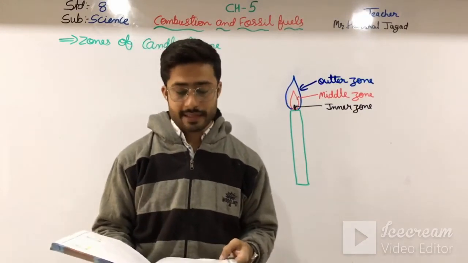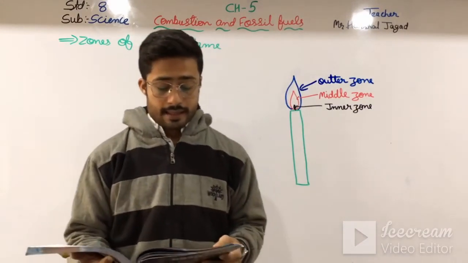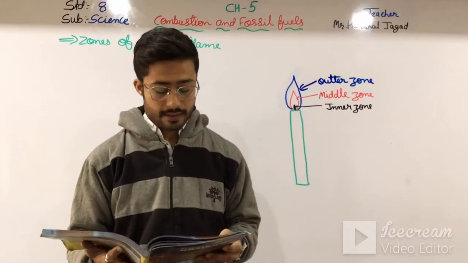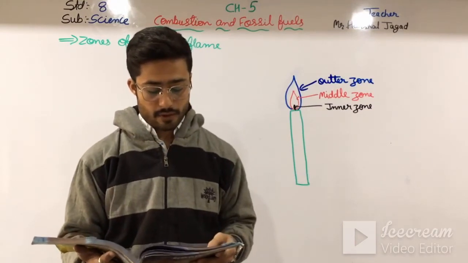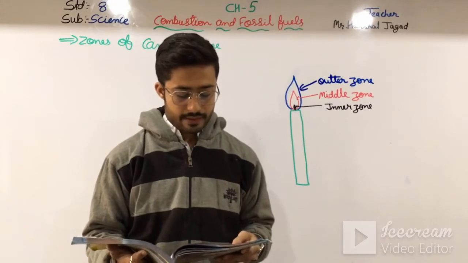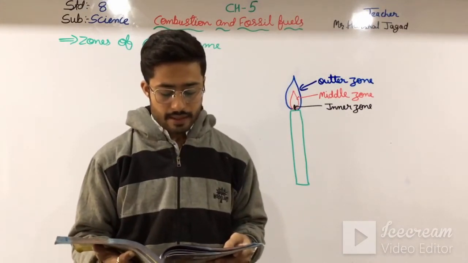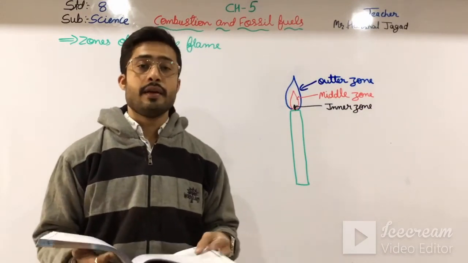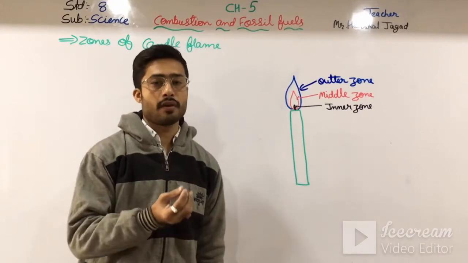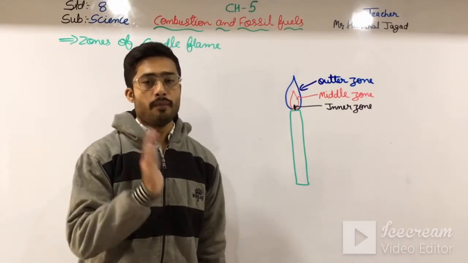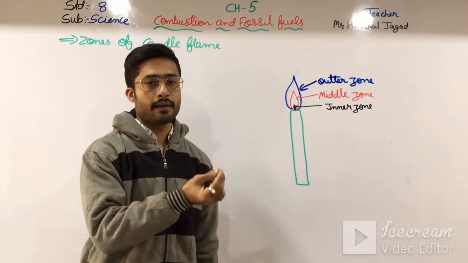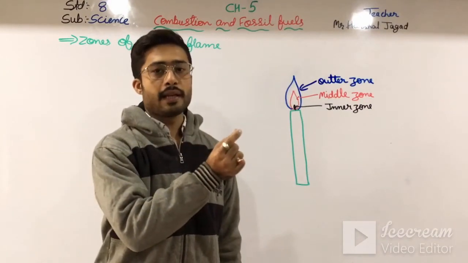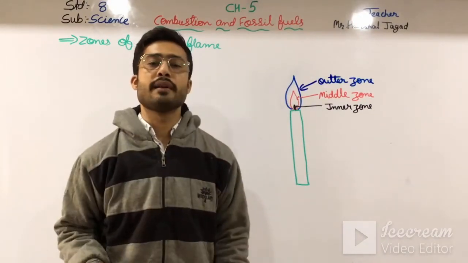Okay students, I am just reading this activity now. To prove that when a candle burns, the vapor of the wax burns in addition to the wick. Materials needed: a candle and a matchbox. Light the candle and wait for 5 minutes. Blow out the candle and at once bring a burning stick near the smoke or close to the wick without touching it. This means we first blow out the candle, and then the wax vapor which is going upward, we keep a burning stick near it, and the candle will start burning again.